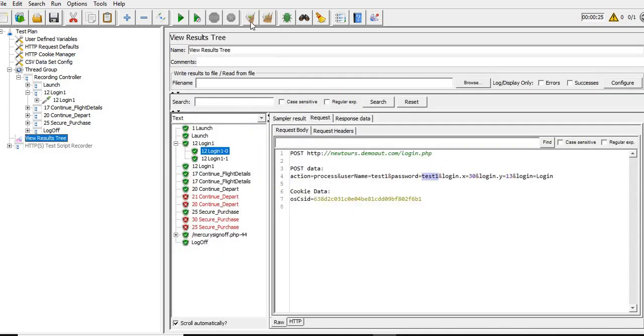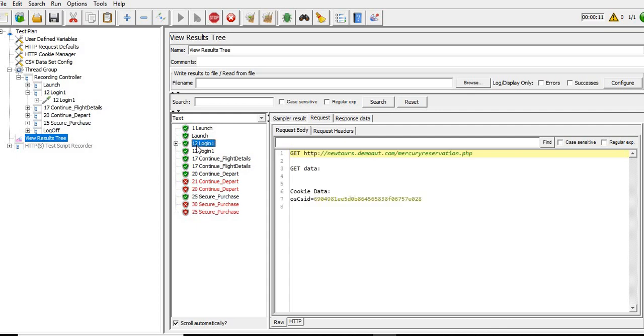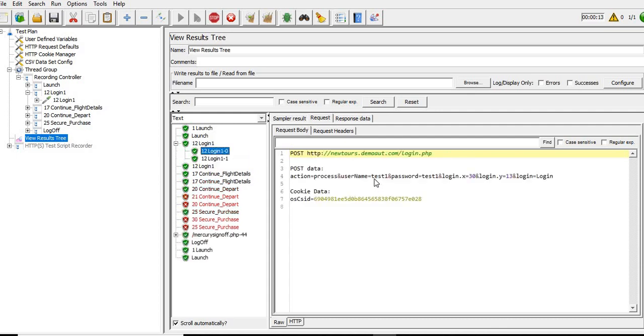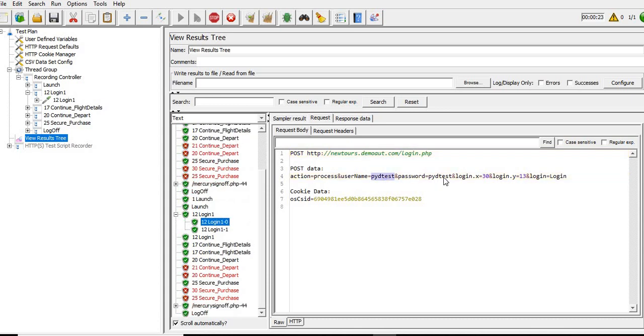Okay, let me show you this scenario. We'll try again and see what happens. Execution started. For the first record we can see it fetched test1 and test1. Now we will go to the second record and see what data is used over there. PYD test, PYD test. This is the second record present in my data file.